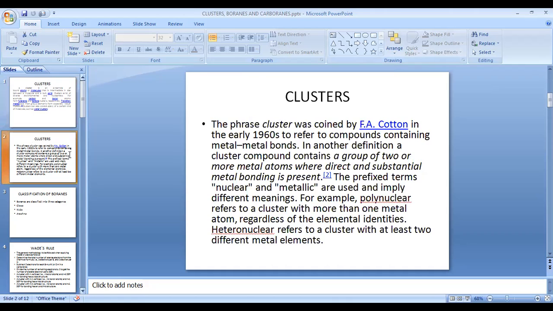And next, this word was coined by F.A. Cotton in the early 1960s to refer to a compound containing metal-metal bonds. In another definition, a cluster compound contains a group of two or more metal atoms in which direct and substantial metal-metal bonding is present. So actually it is not in our syllabus, but actually we have